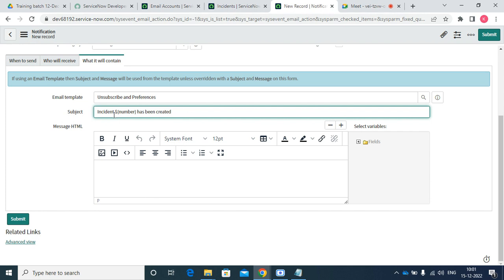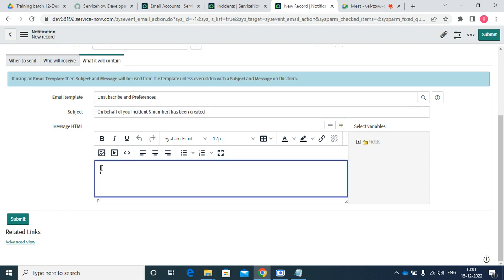So the user will see it. This is the main subject, or else: on behalf of you, an incident has been created. Or an incident has been created for you. You can write any subject as per our convenience. The next step is the mail body, the message HTML, which is nothing but the mail body. What does it have to contain? Here, what we can do is